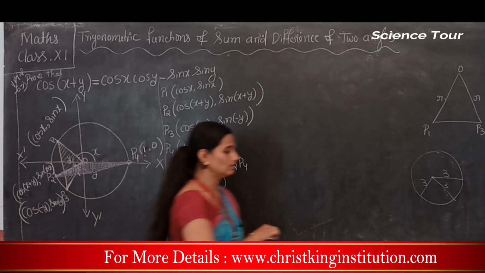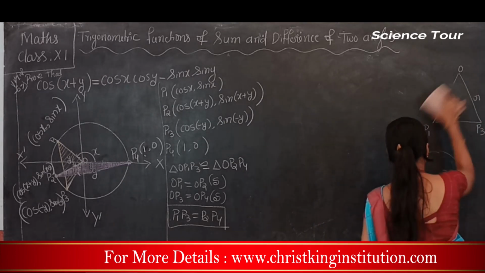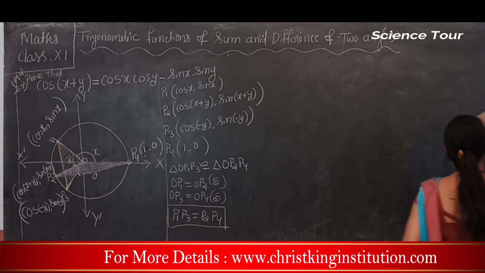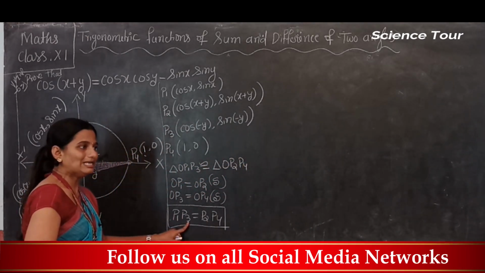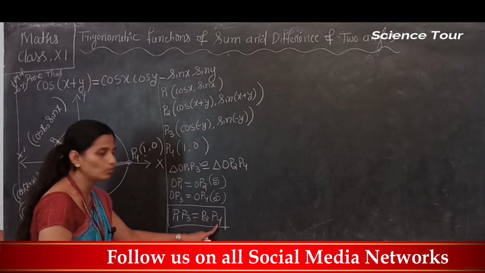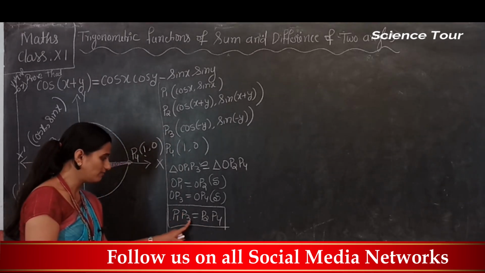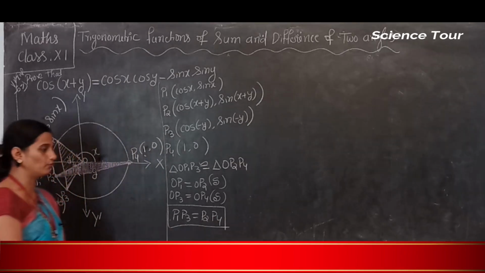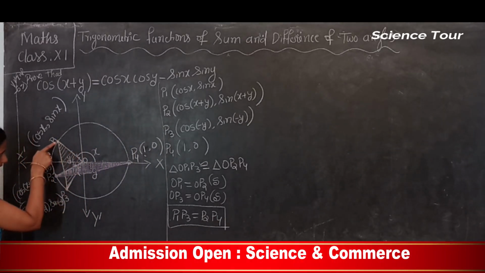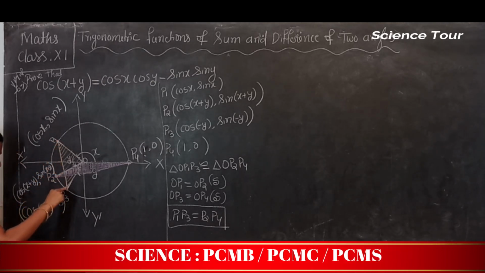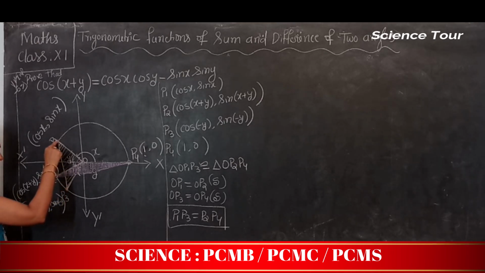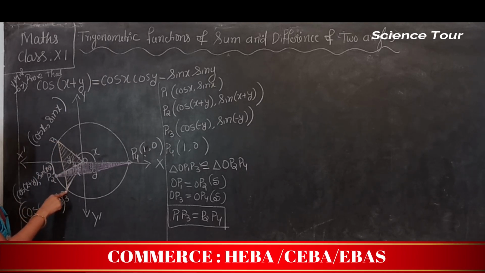Now next, here we have to use the distance formula. First you have to find out what is your P1P3, and the next step is to find what is P2P4. So what is your P1? P1 is this point. P3 is this one and the point is this one. You need P1P3, which means which formula can we apply here? Here to here I need, which means the distance formula, right?